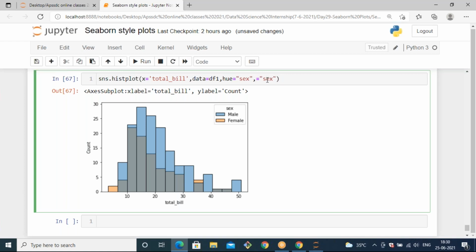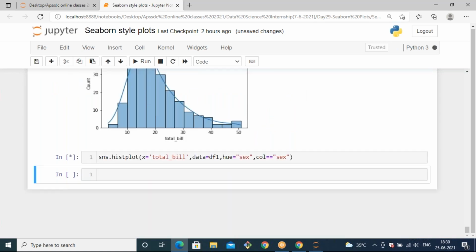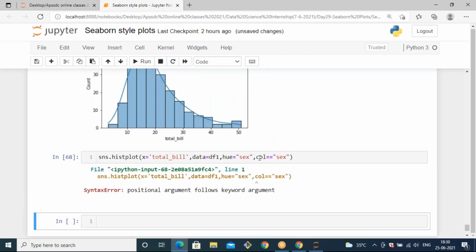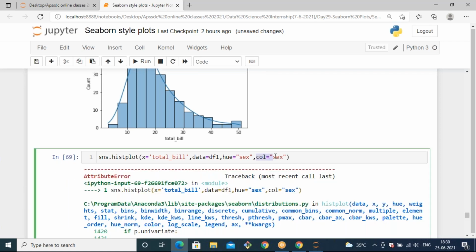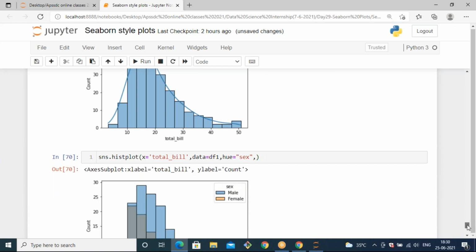It doesn't have column. It's not color column. See, that black color is nothing but, it doesn't have a color parameter. When you mention a column, based on that column, it will generate values with respect to the column, right?